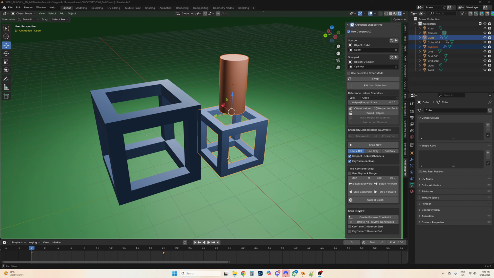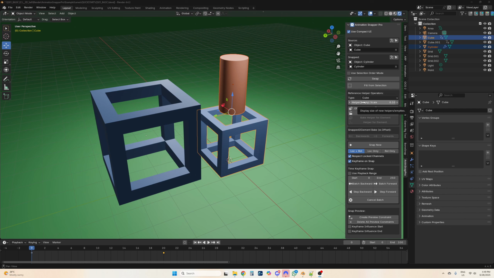on those objects. On normal static objects, you could have used just the offset helper to give you an idea of what it's going to look like. But when it comes to characters and rigs, it's a little bit harder to figure out where the IK of your character hands, for example, is going to end up. So I decided to make this Snap Preview extra feature, so it's a little bit easier to imagine, or not even to imagine, to actually see what your snap will look like before you actually do the